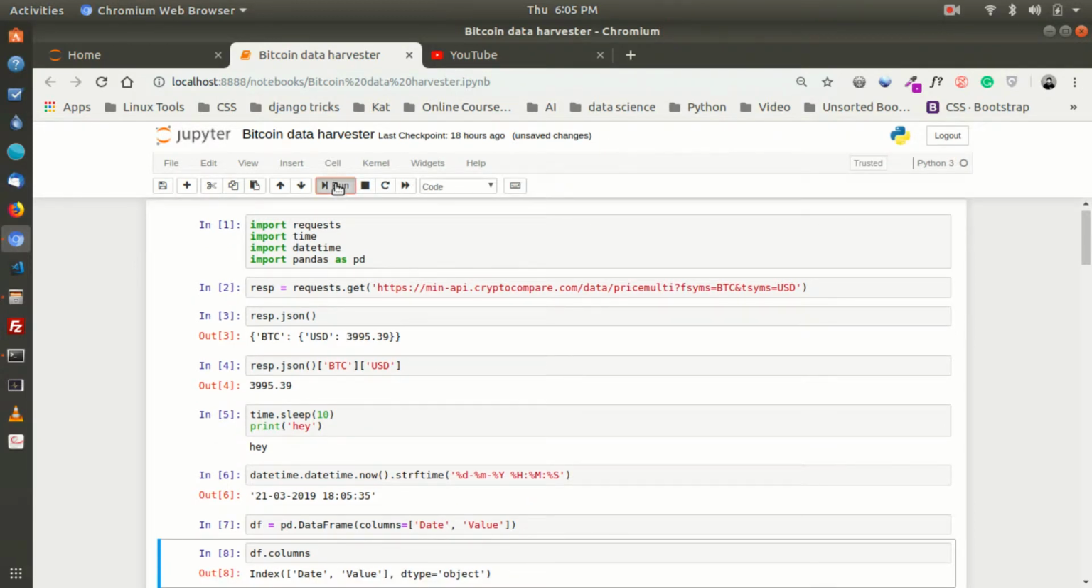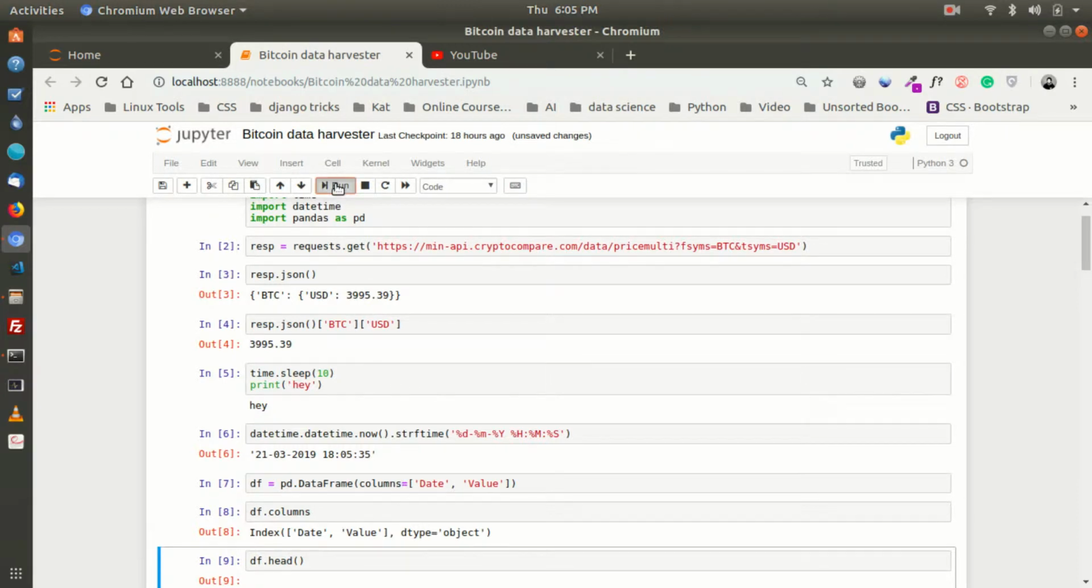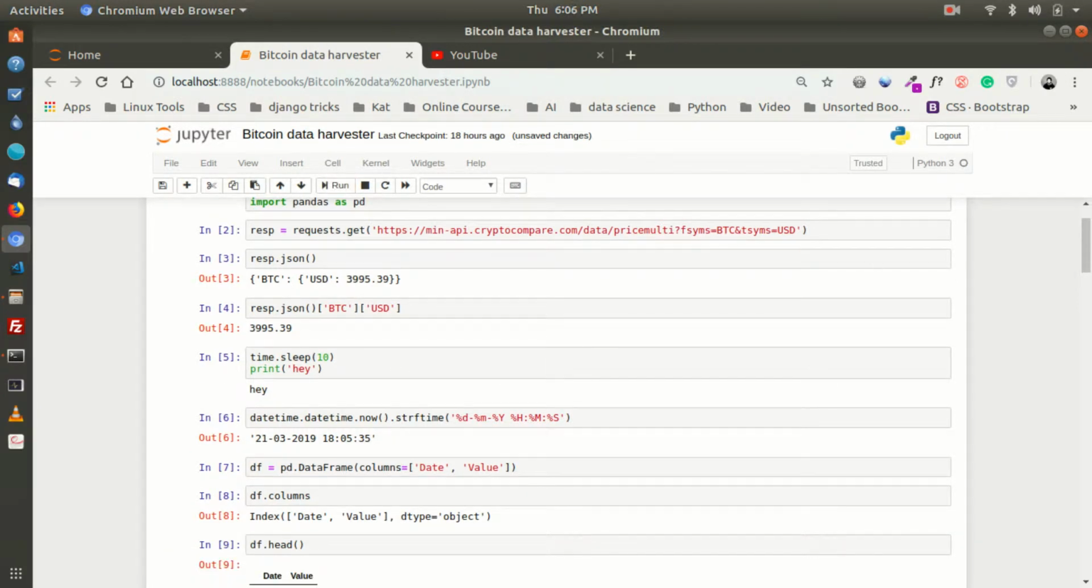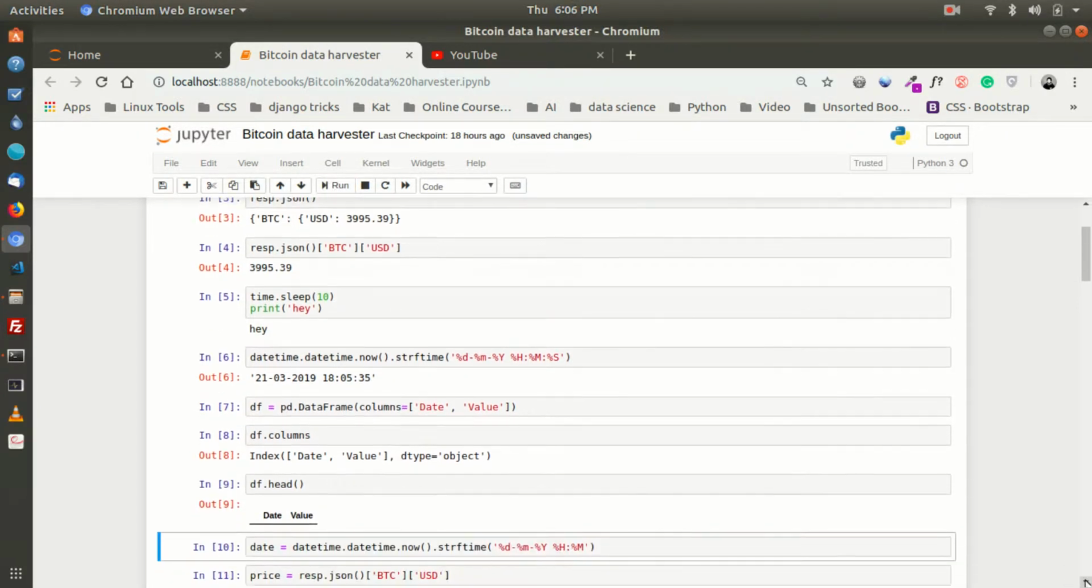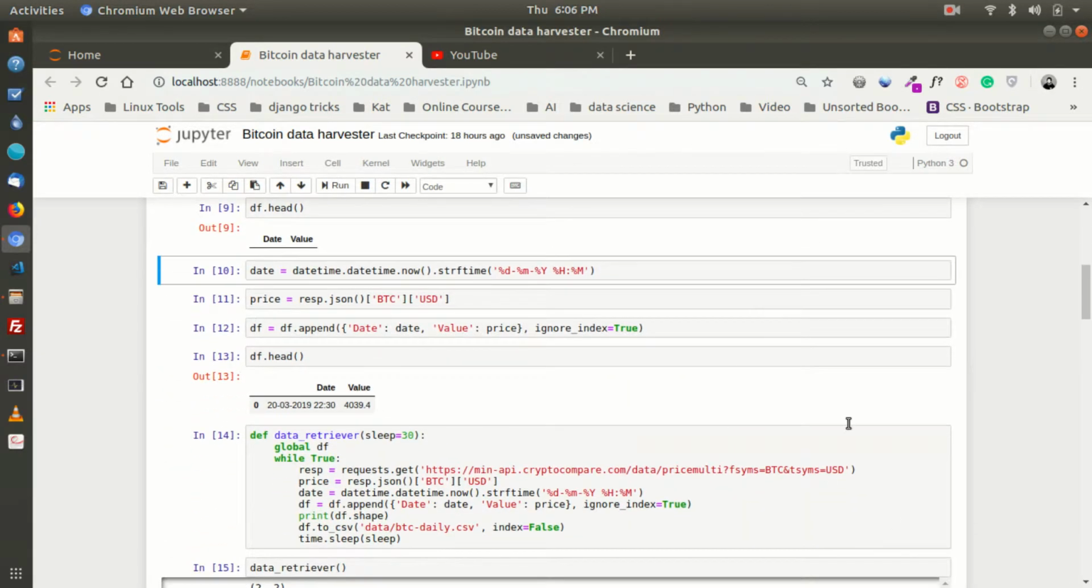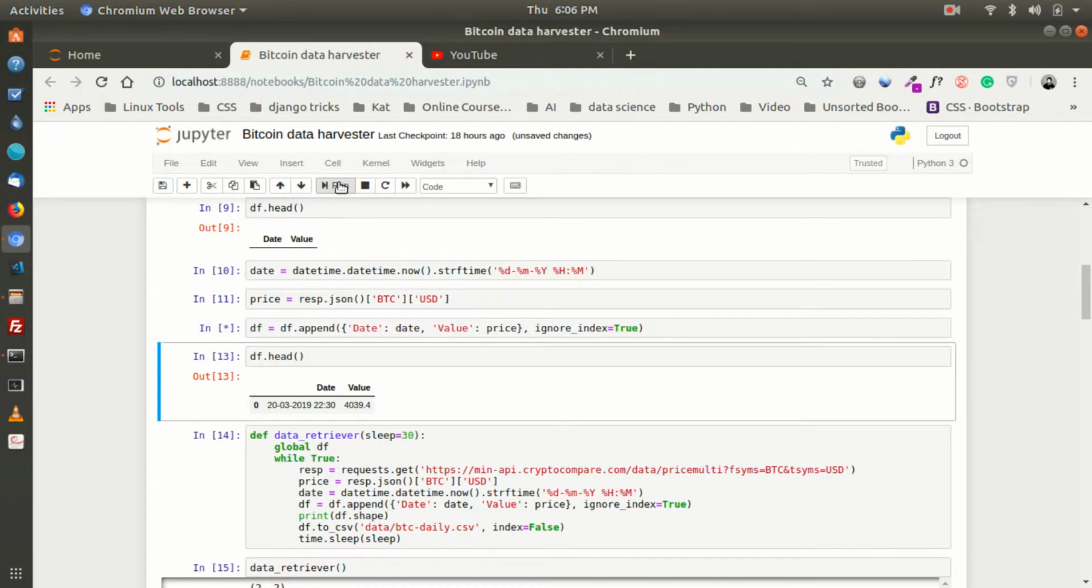So now here I'm creating a data frame with date and value rows. Now I'm just showing you the columns and the head, which is nothing in that data frame, because now it's just a blank data frame that I created. So like I said before, what I just need to do is get the current date, get the current price, and append it into the data frame. And if I run all this, you can now see we have a new data frame with the price that you actually got of